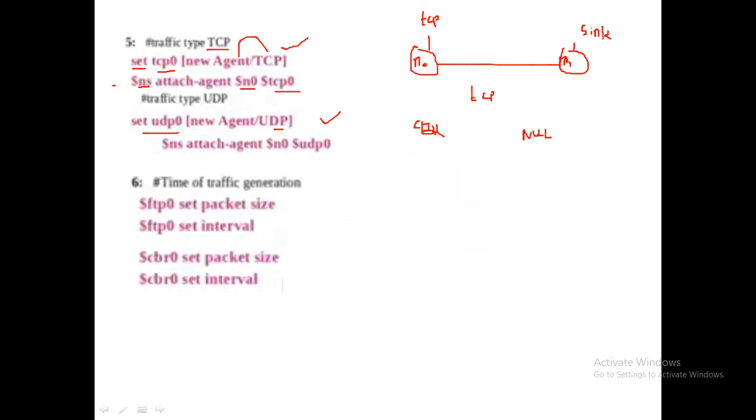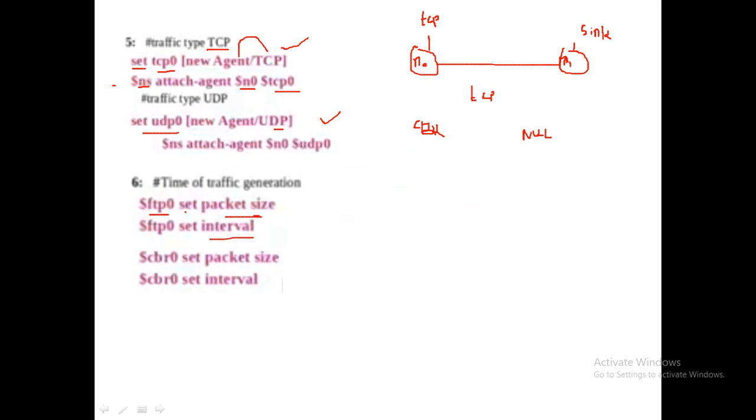Next is the time of traffic generation. Now you are going to go to the application layer. If you are using TCP, then your application layer protocol will be FTP. So you are going to say $ftp0 set packet size. What should the packet size be? 50 packets, or however many you are going to give. Similarly, $ftp0 set interval.